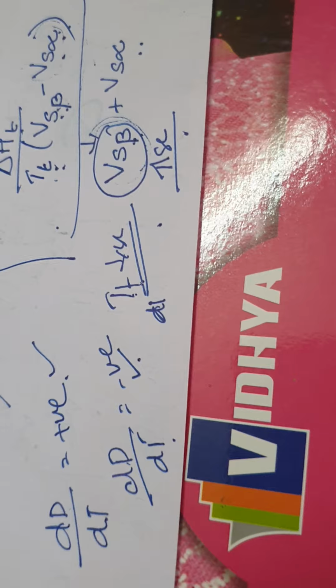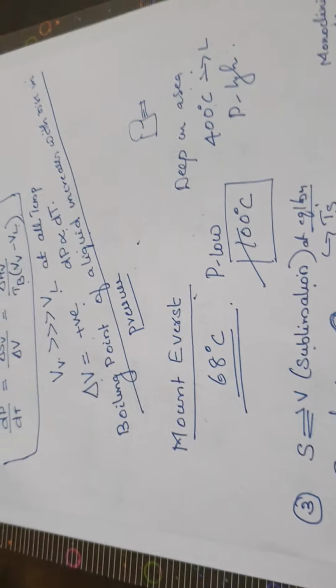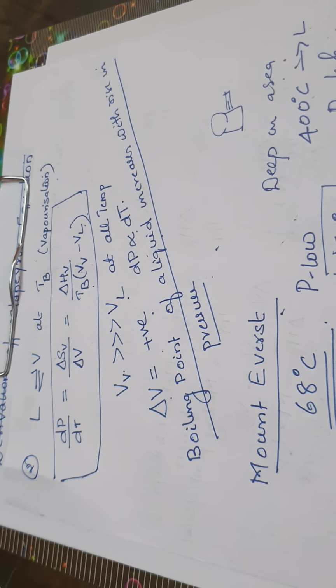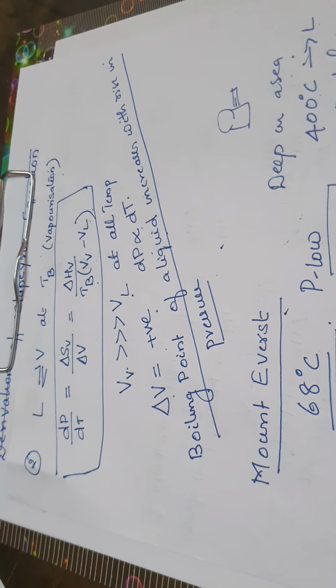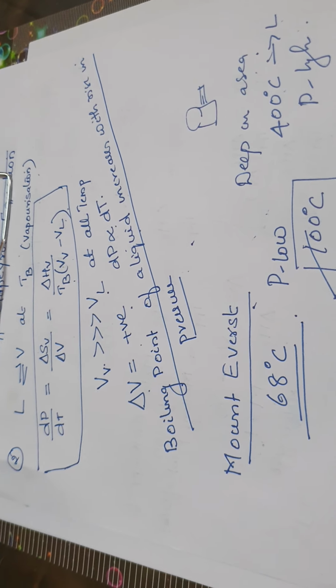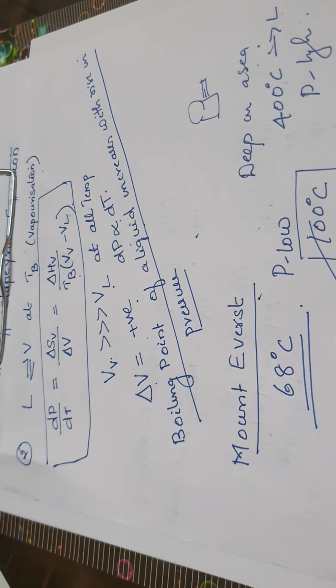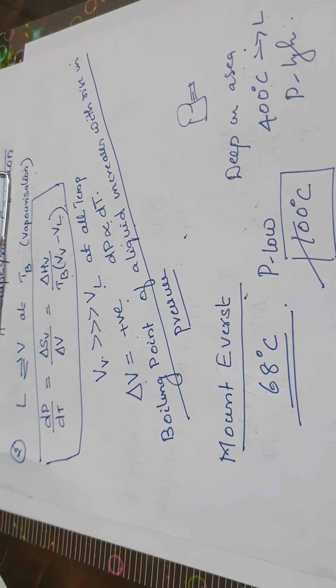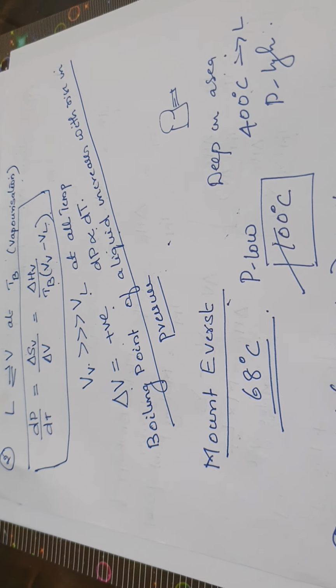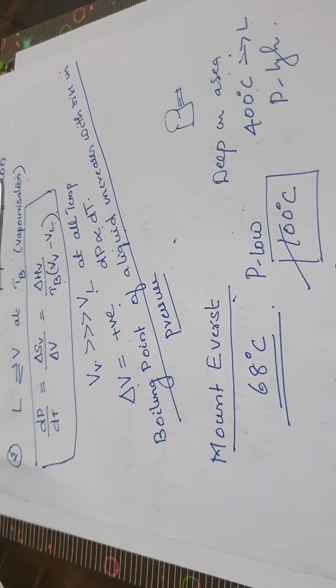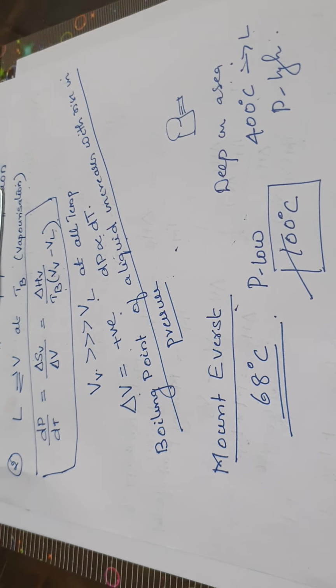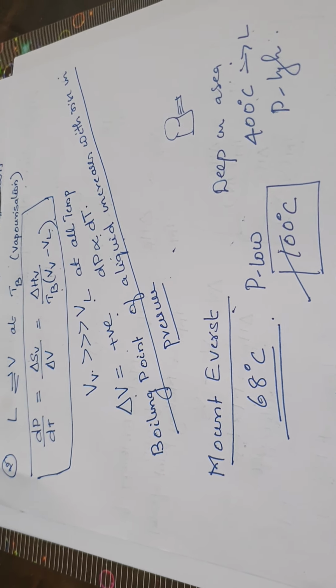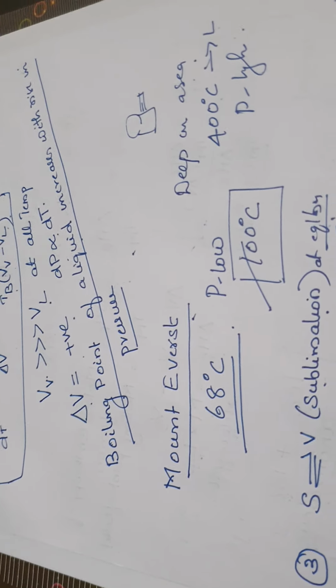Okay, so that is the case where we can apply it to 4 different physical equilibria, where we take the same substance existing in 2 different phases: solid to liquid, liquid to vapor, solid to vapor, and one crystalline form to another crystalline form in the case of solid. Okay, thank you.